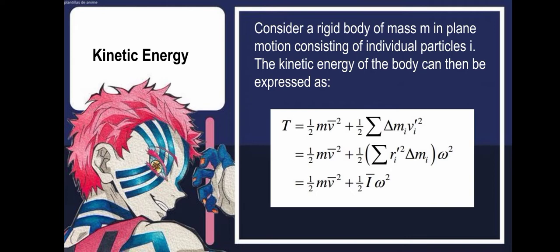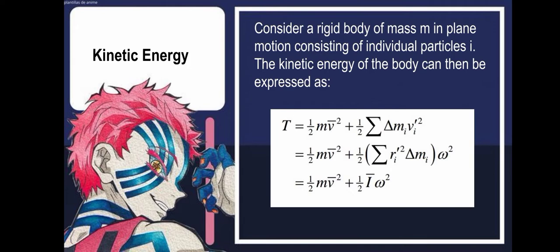It is now then equal to 1/2 m v̄² plus 1/2 of the summation ri² Δmi multiplied to ω². We can then now say that the kinetic energy is 1/2 m v̄² plus 1/2